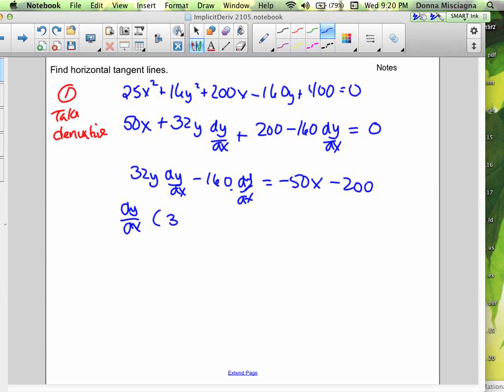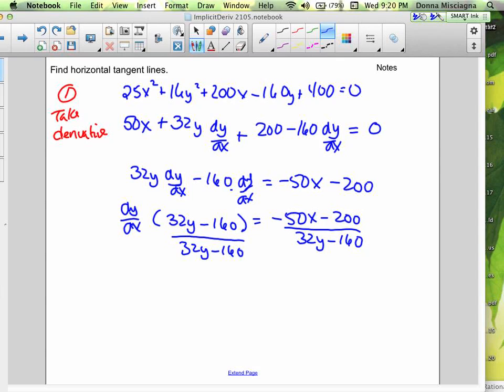So that would be dy/dx times 32y minus 160 equals negative 50x minus 200. And then divide both sides by 32y minus 160. So dy/dx equals,